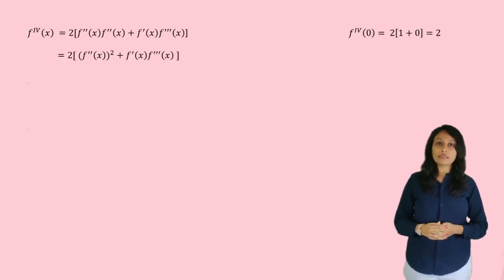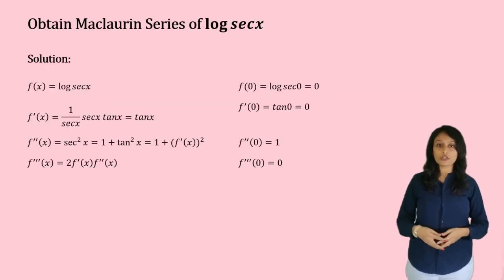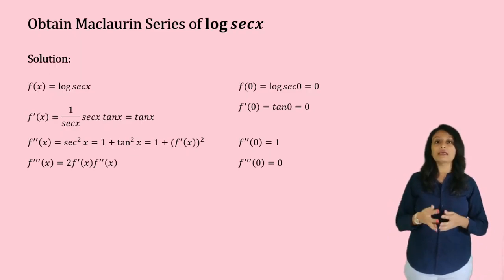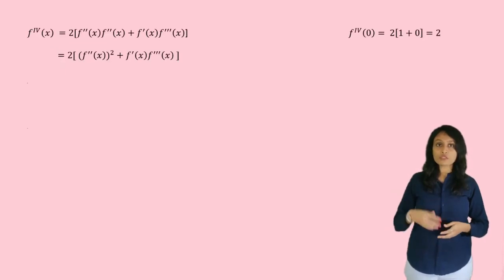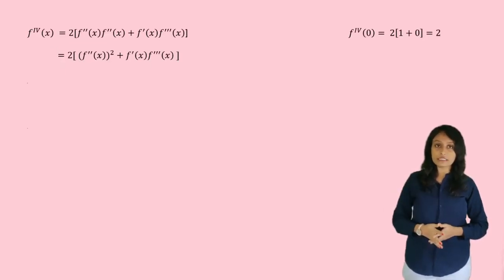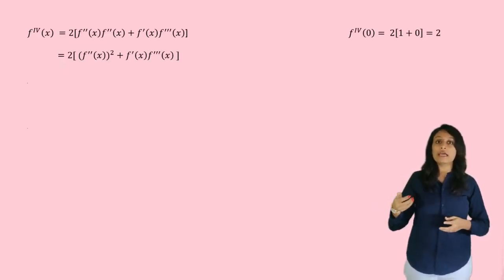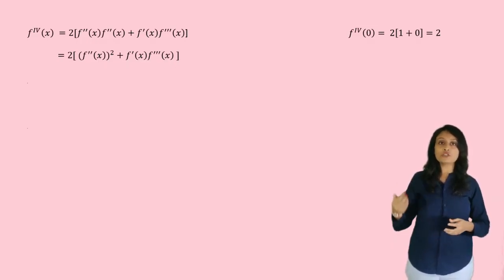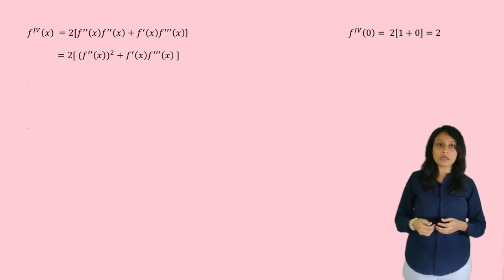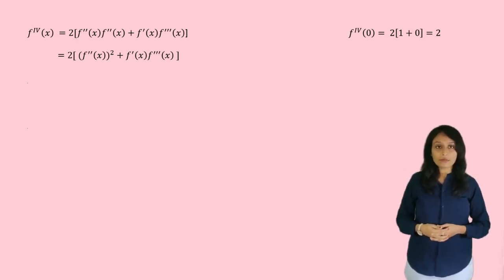Now next we have to find the derivative again. To find the derivative, here we have to apply the multiplication rule in this third derivative. Okay, so 2 we will keep as it is, and we will apply the multiplication rule to f'(x) and f''(x). Firstly f''(x) is kept as it is, and the derivative of f'(x) is f''(x), plus f'(x) kept as it is, and the derivative of f''(x) is f'''(x). Just simplify it. So you will get 2 into f''(x) whole square plus f'(x) into f'''(x).